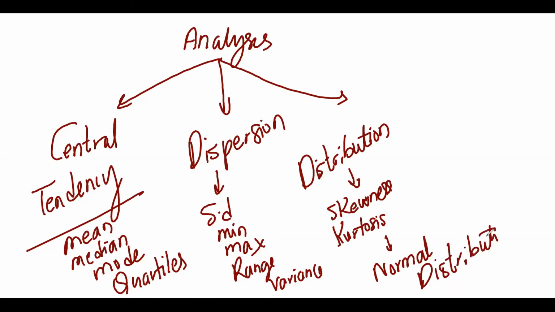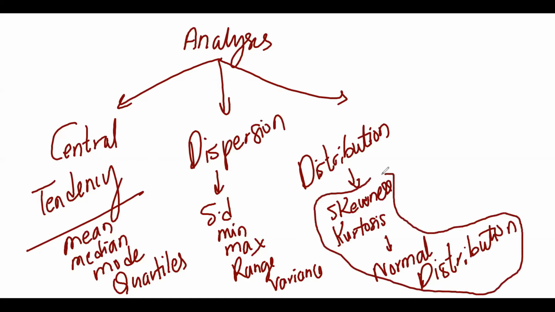So this we are going to study next. First of all, we will see the central tendency, then dispersion, then distribution, and I will take all three at a time and explain the results. I don't think I need to explain what mean, median, mode, and quartile are. Skewness and kurtosis I will explain in detail because I know that some of you may not have clarity on this part. But so far as mean, median, mode is concerned, I think you have clarity on that.